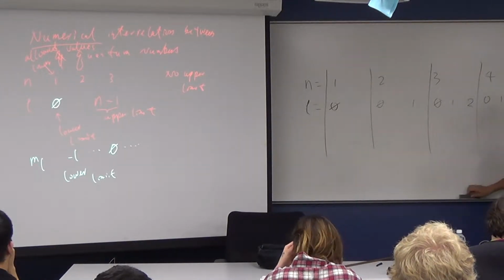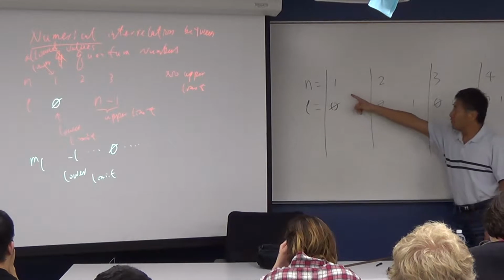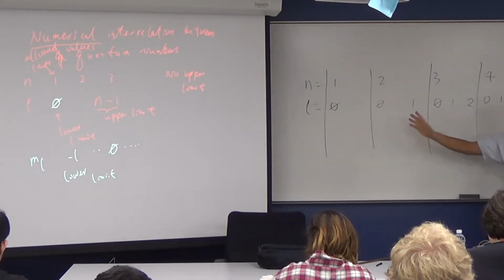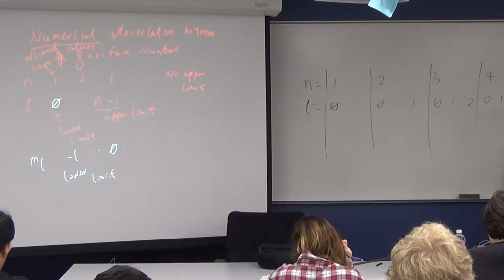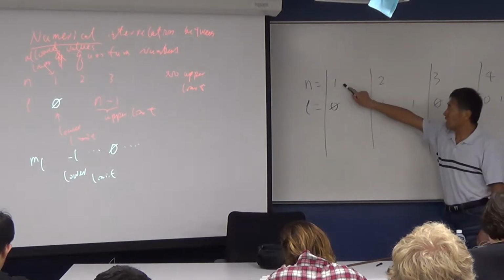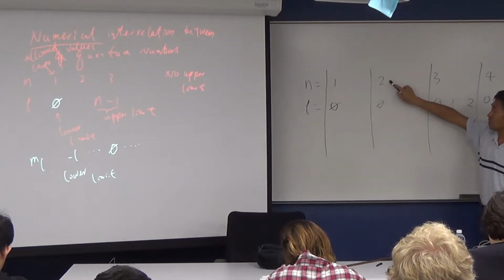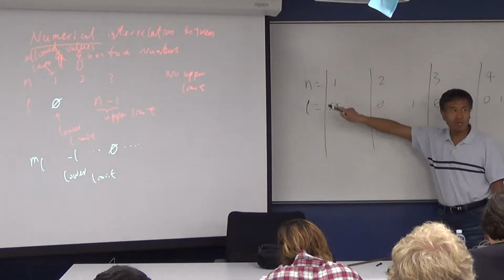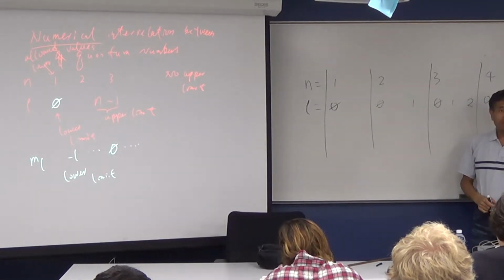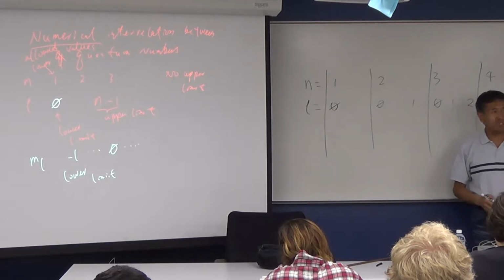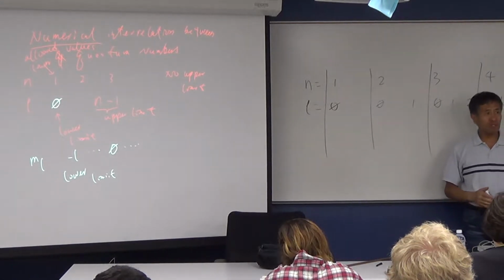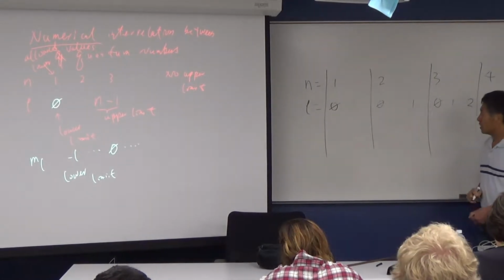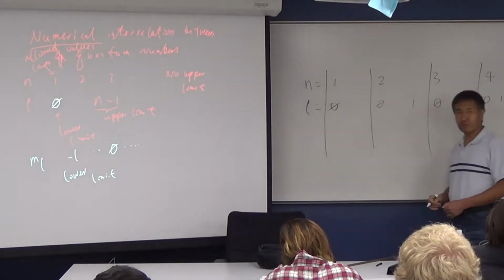Because the number for n and the number for L are sometimes similar, they're kind of confusing. You see that when n is 1, L is 0, and when n goes to 2, there's a 1 here and a 1 there. I think that's one reason why, to get rid of the confusion, we assign a letter to those numbers for L.